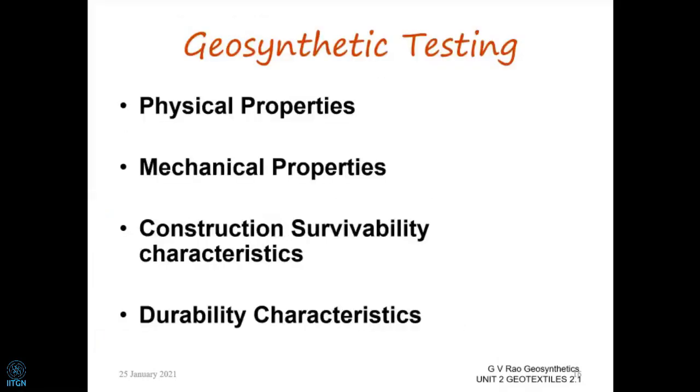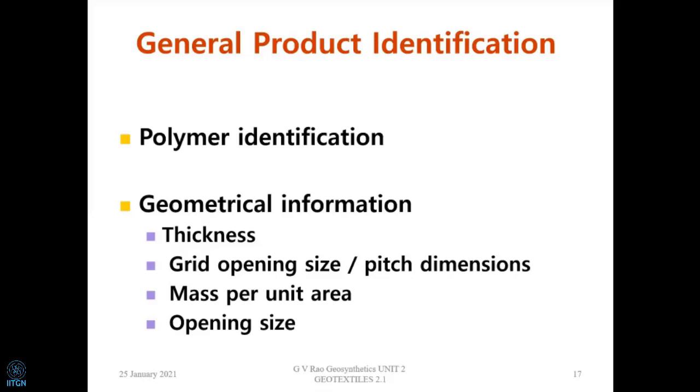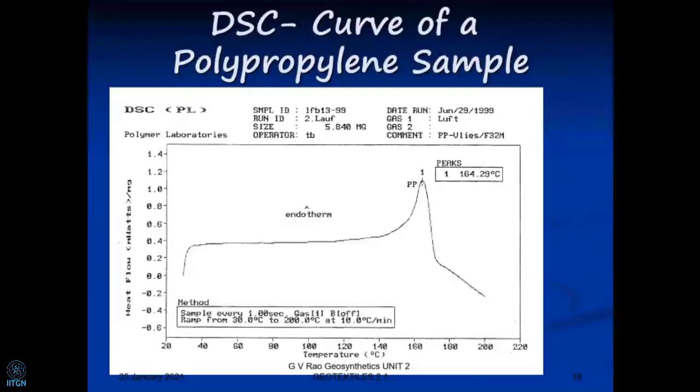So we already said that these are the four things which we are going to look at now. So let us look at polymer identification. I'm not getting into polymer identification now because that is really not the subject we're interested in now. So what are the other things now? We already said geometrically we need thickness. And if it's a grid, we are going to look at opening size and pitch dimensions, which we are not going to do because today we are going to start discussing geotextiles and the mass per unit area and the opening size. So let us quickly, they are very simple tests now, but we have to follow what exactly we are trying to do. This is, of course, a DSC, differential scanning calorimetry, by which we can identify the peaks and from which we can say this particular peak is PP. So we're not worried about that.